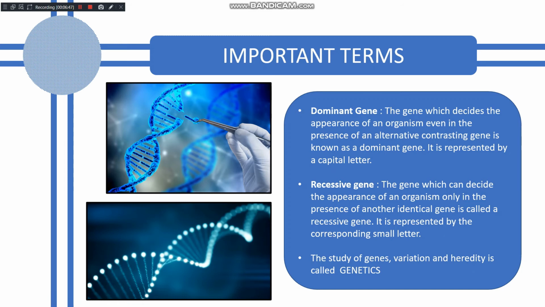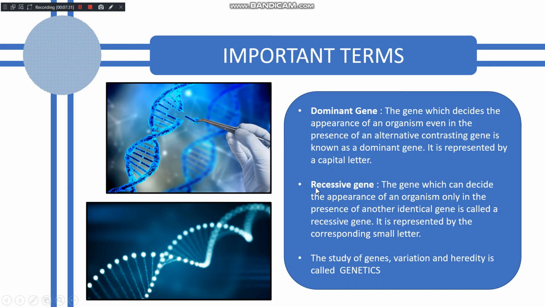You will get more idea about this term when I explain Mendel's experiment. Okay, so here you just have to go through the term. What is meant by a dominant gene? The gene which decides the appearance of an organism. Appearance means what will be the color of the flower, whether it will be violet, pink or white, or what will be the height of the plant, like tall or short, or what is the color of the skin. Understood? Like what is the blood group of an organism. It is all decided by the dominant gene.